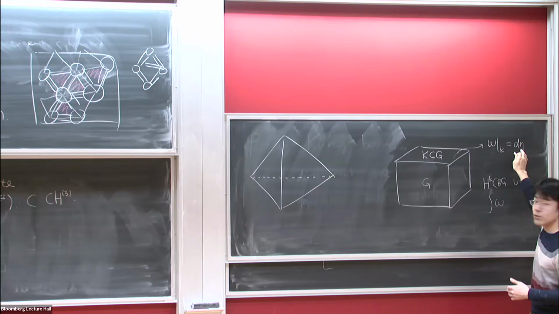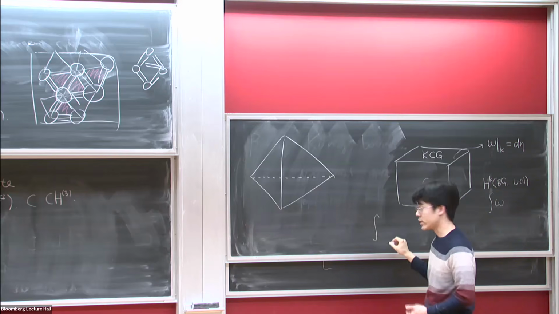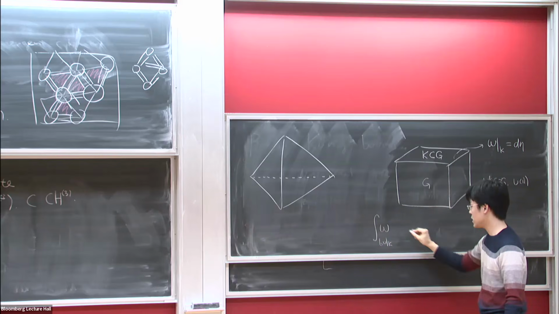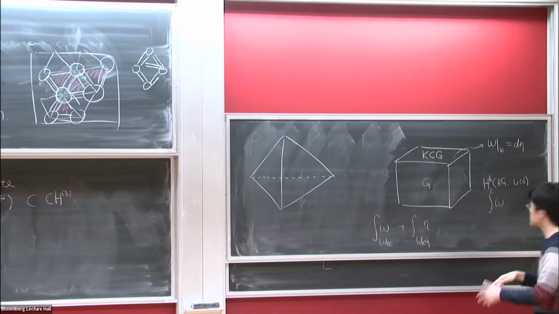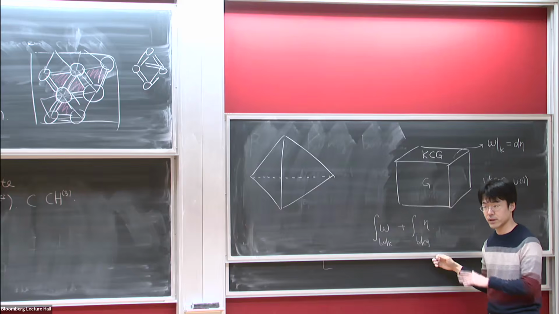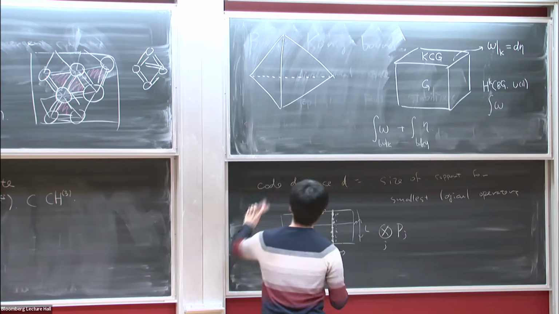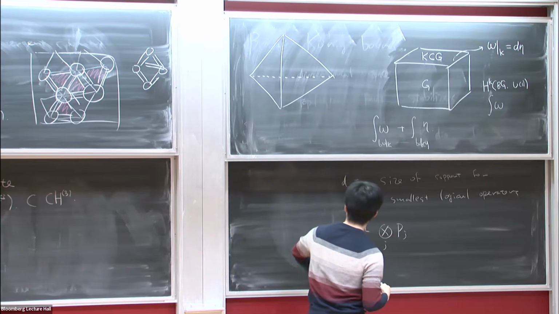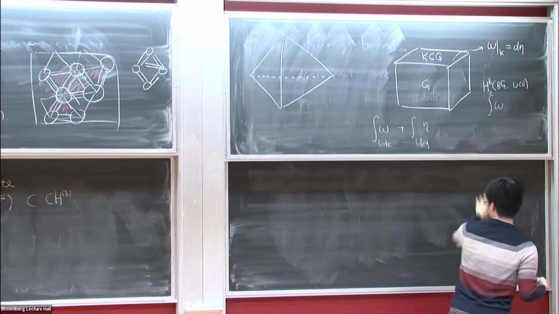And then, if you are able to find such a trivialization, we can define some bulk-boundary logical operator, which is an integration of omega in the bulk. In addition to that, we also want to include a boundary integral. This defines some bulk-boundary topological action, which is immensely helpful for defining some logical operator in the presence of boundaries. And actually, this is not the end of the story. In order to talk about the T-gate of the code,